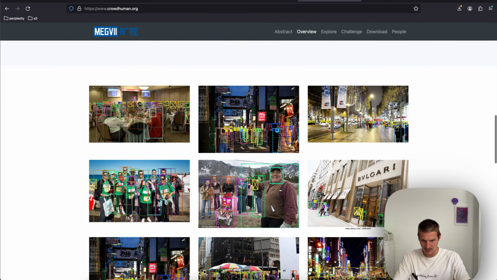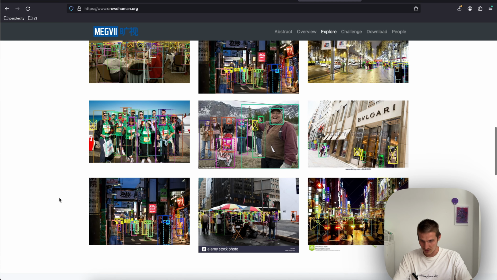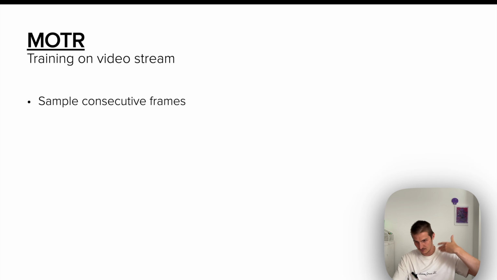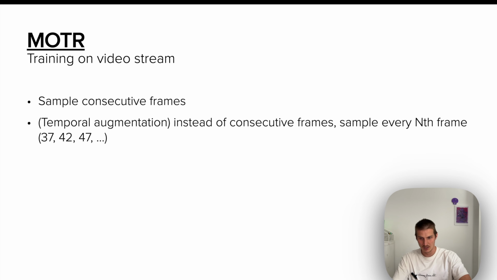It's a bit like the COCO dataset, but as you can guess from the name, it's more focused on the actual people, as the MOT17 does as well. So we have static images, no videos, so no frame-to-frame tracking information, just static images with the actual bounding box annotations. So when training on a video stream, what we'll do is we'll sample some frames from the consecutive video,